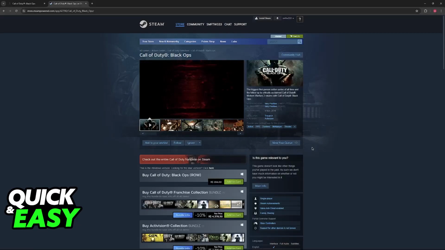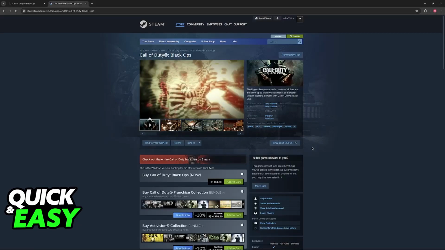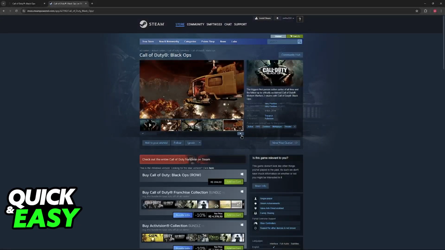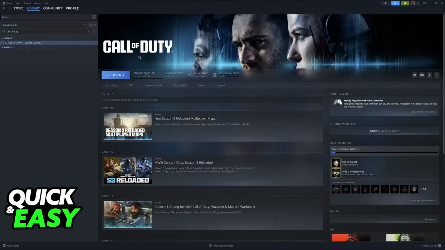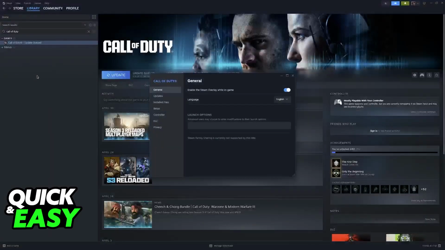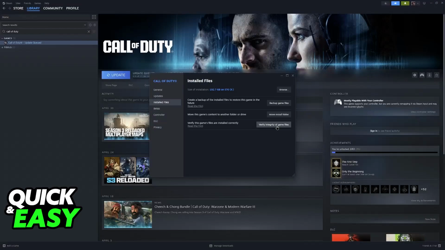However, if you notice that only you are getting the issue and no one else is, then it could be attributed to problems on your PC. So what I would recommend instead is to open up Steam and find Call of Duty Black Ops 1. You will notice that I have the modern Call of Duty title selected. Unfortunately, I do not own Black Ops 1 on this account, but don't worry, you will still be able to follow this process here. Right-click Black Ops 1, go over to Properties, Installed Files, and then verify the integrity of